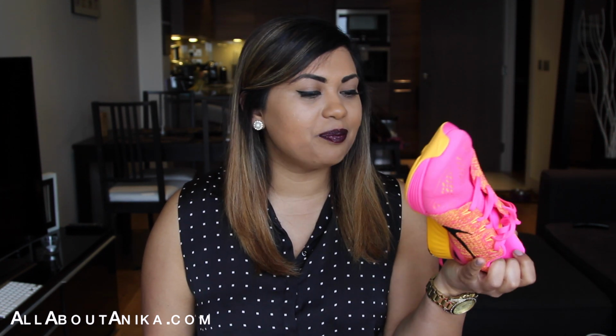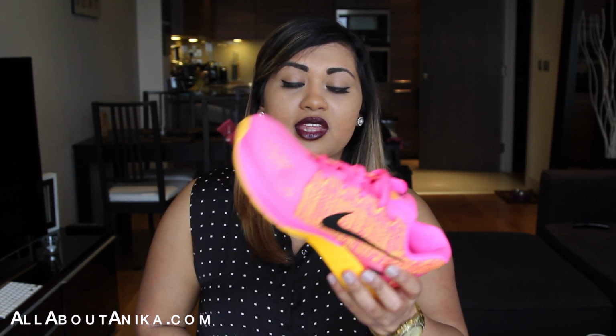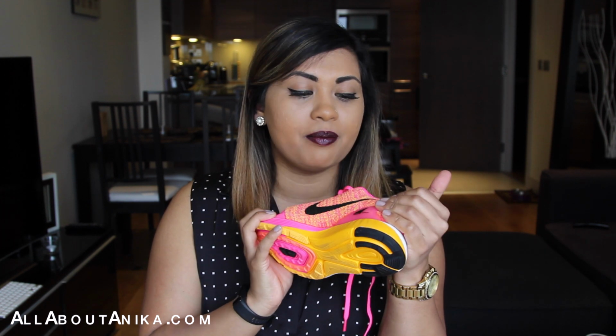Also from Nike, I did pick up new trainers, and my doctor said I just needed more supportive shoes. So I decided to pick up these bright pink trainers. Aren't they so cute? Yeah, these are the Nike Lunar, I believe, or Lunar Glide 7. So what I like about them is that they have a super thick and hard sole. So you can see here that they're really sturdy, and I like that they have a lot of sturdiness in the back of the shoe as well,